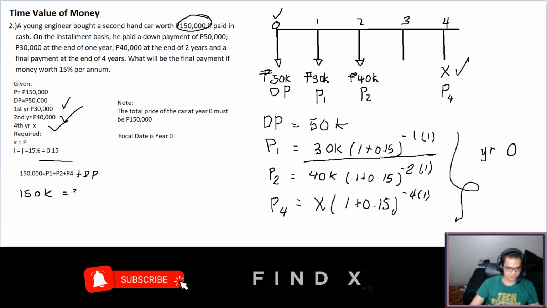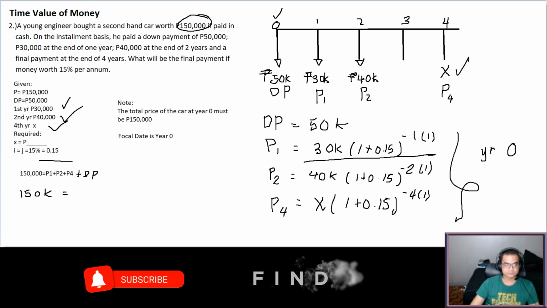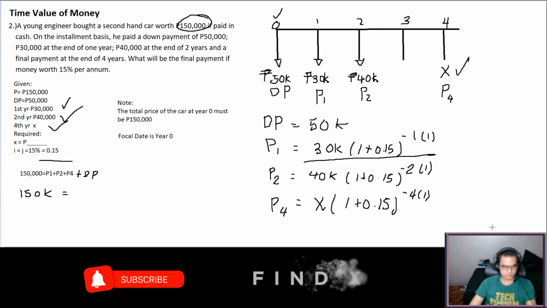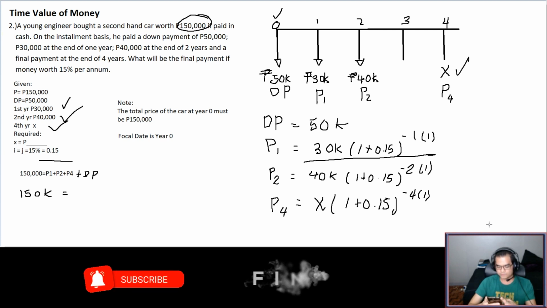So let's write that one. I think we can just get the value of that. So this is all at year 0. You already know that this is at year 0. So getting the value of that, you'll have,